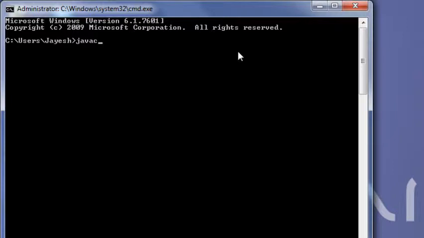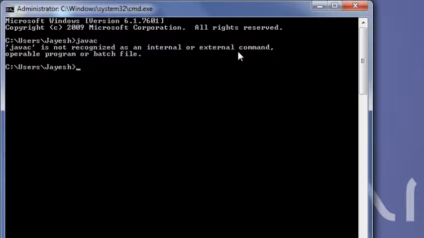With this command we are going to compile our Java files. So let's press enter. It says that javac is not recognized as an internal or external command, operable program or batch file.